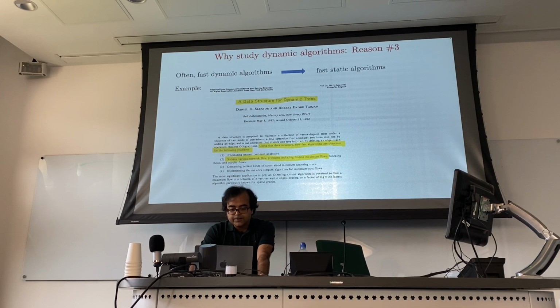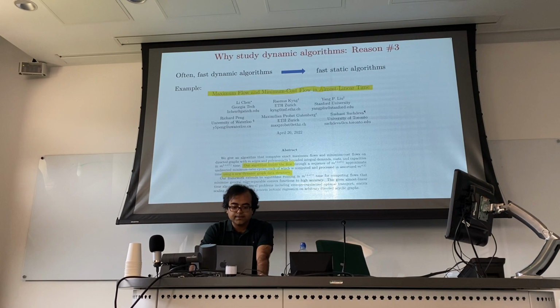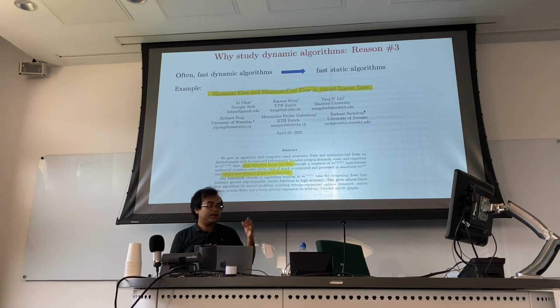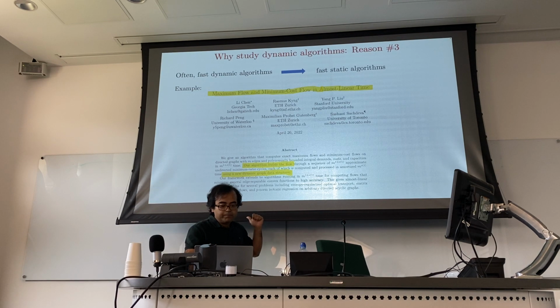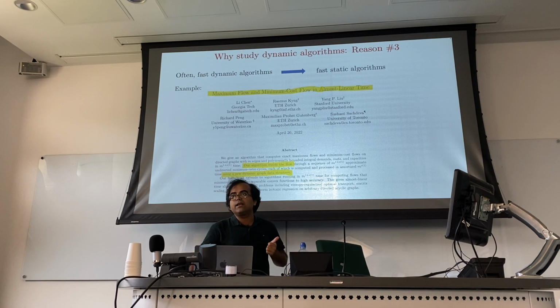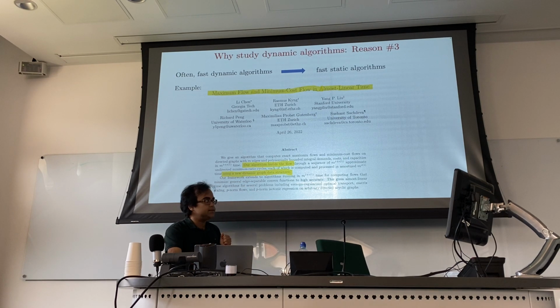Now, fast forward 40 years, just last year we had a breakthrough result, and in my opinion, this would be rated among the top 3 algorithmic results in the last 20 years, which obtained an almost linear time algorithm for the maximum flow problem. It got a huge amount of attention in the theory community, and got the best paper award at FOCS last year.